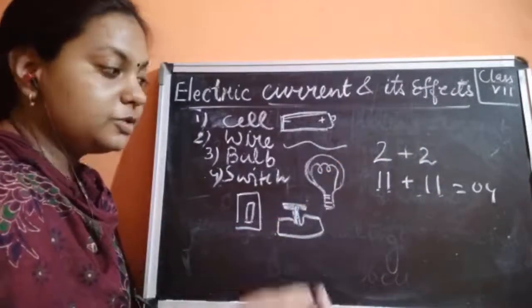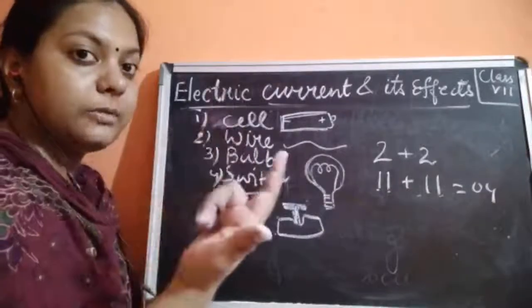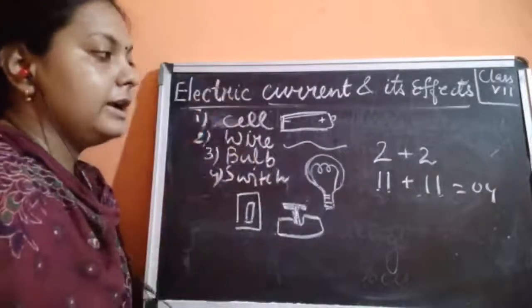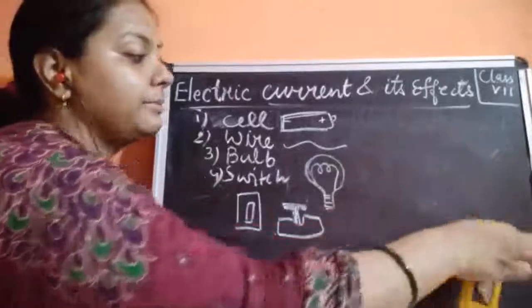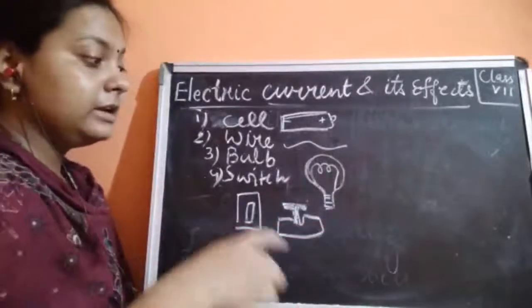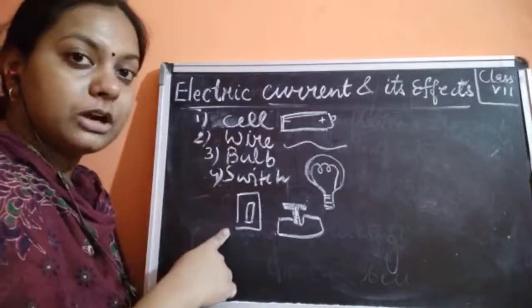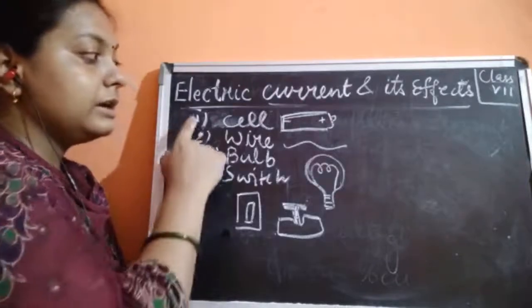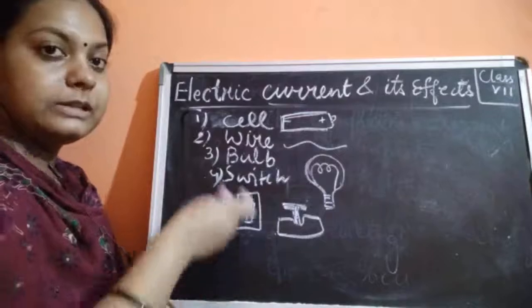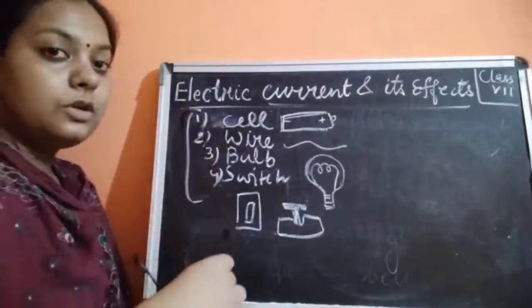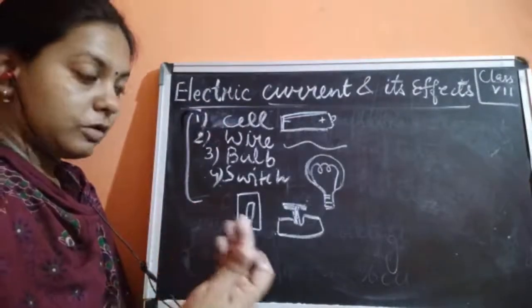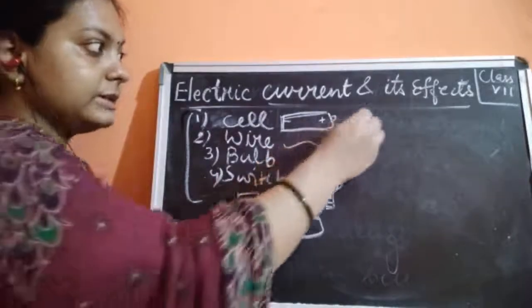How is this being done? You are just calculating it in your mind. You are applying a shortcut method in your mind. Similarly, here also we could apply a shortcut method. Why do we need to apply a short method? Because it is consuming the time. Fine. So if we need to draw a circuit diagram, we can simply draw the symbols.